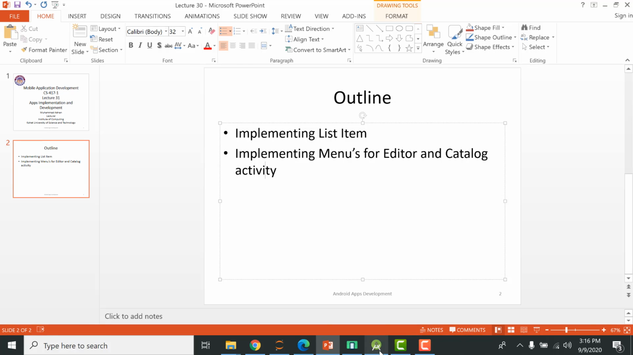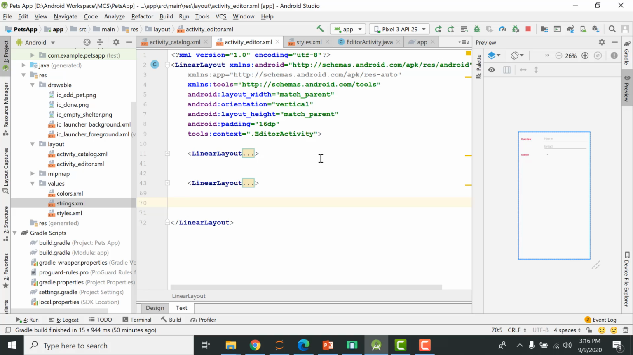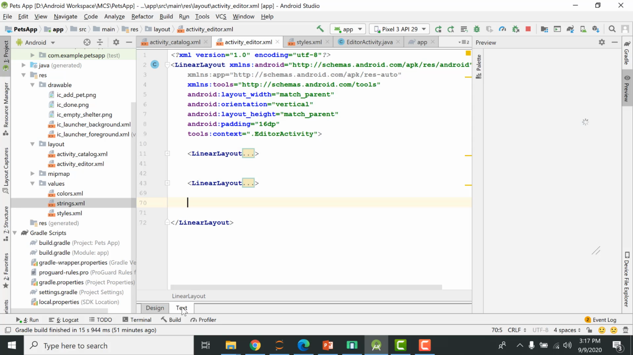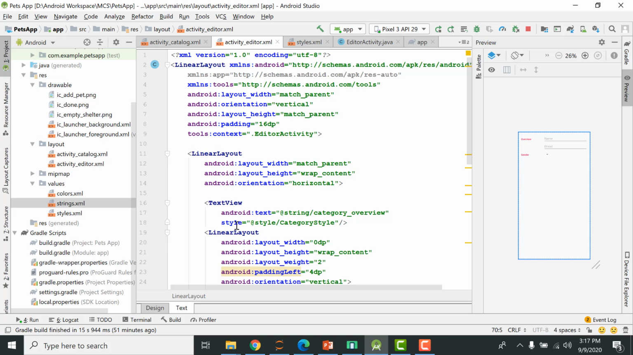In the previous class we were creating the interface for our editor activity, and you can see over here that we have created an interface for this editor activity, where you can see an overview, the name of the pet, the breed of the pet, and the gender. We added the spinner, and then one last thing was missing, and that was how to add a measurement to our editor activity. In the previous class we were also having a problem in viewing this overview text, and that error was because we were using android:width, so that attribute was not applicable over here. So I changed that to android:text, and then you can see overview and gender